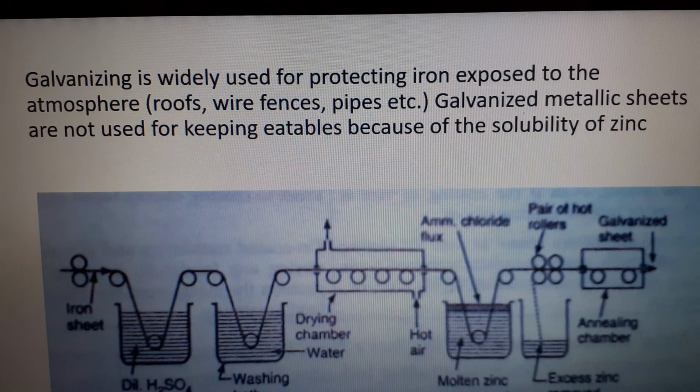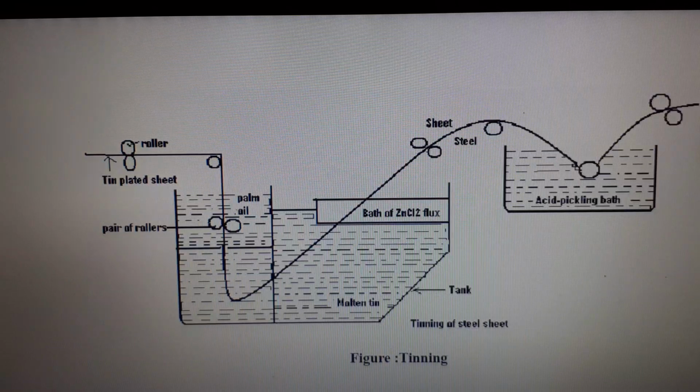Now, galvanized utensils or galvanized containers cannot be used for storing acidic foods, since zinc reacts with food acids forming zinc compounds, which are highly toxic or poisonous, whereas tin-coated containers or utensils can be used for storing food stuff. Since tin is non-toxic and protects the metal from corrosion, it avoids any food poisoning.